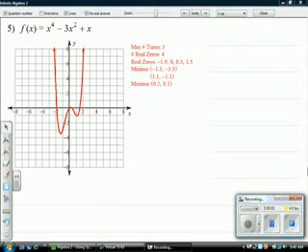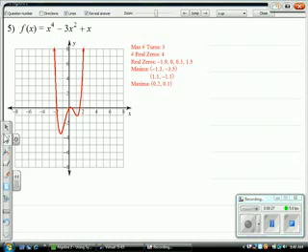Alright, the next thing we're going to do is go over some things with graphing. What I have done here already in red is what you should be able to do with your calculator. So what I'm going to do is go over some things that you'll need to know about the graph. For example, we're looking at